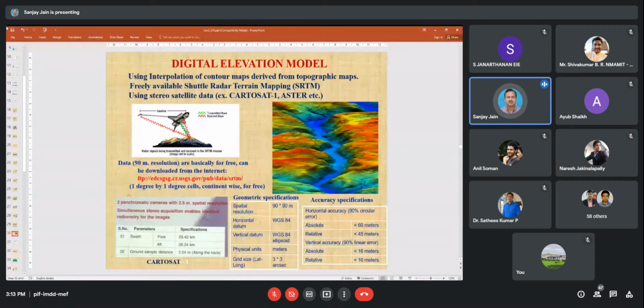But again, the vertical accuracy is the same, a 5, 6 or 7 meter difference. Relative error may be less. Relative means if I am checking a number of points, I get more or less the same error, so relative error will sometimes be 0. So in some applications, relative error is okay.